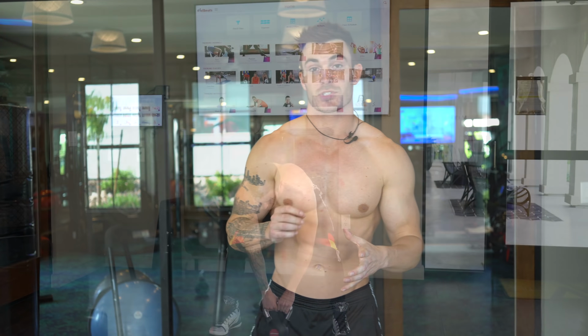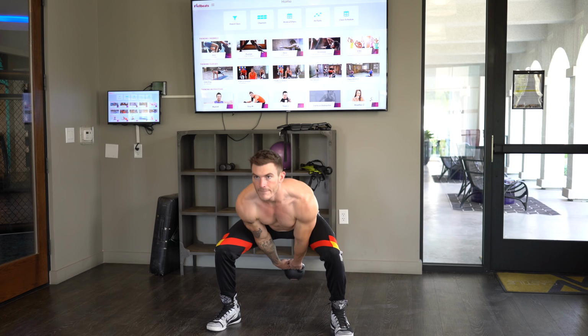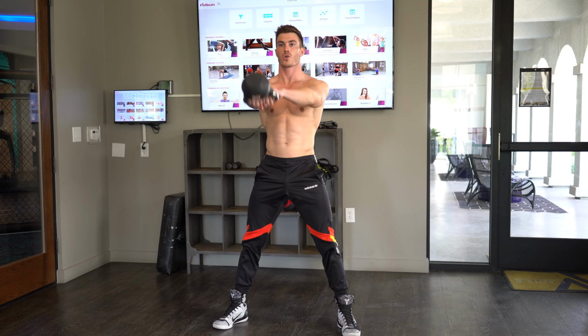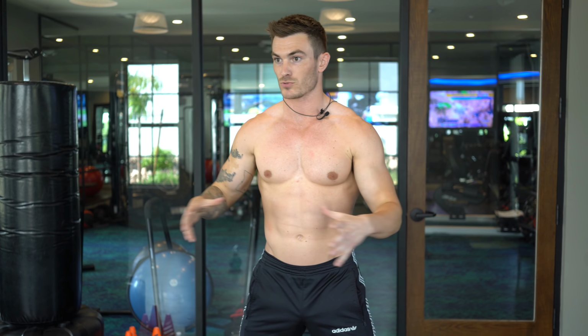I just have a 20-pound kettlebell here because all we're gonna be doing are kettlebell swings, which you really wanna focus on driving with your legs. A lot of people think that kettlebell swings are a lot of your shoulders. It's not as much your shoulders as some people may think, because what you're doing is squatting down, bringing it back behind your body, and then thrusting through your glutes and swinging it out, and then back down, squatting, swing it out. So make sure you're getting the form right on that, really driving through your glutes more than your shoulders. And then we're gonna do that for 20 seconds on, 10 seconds off,